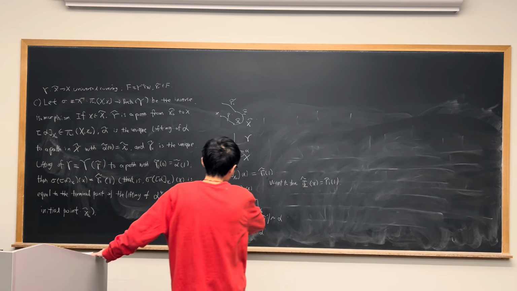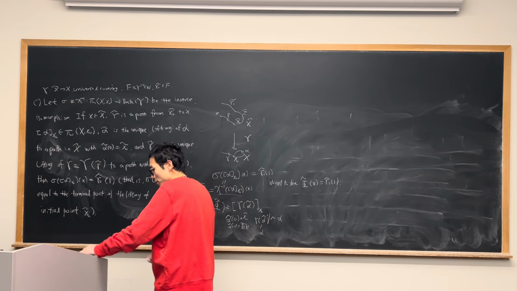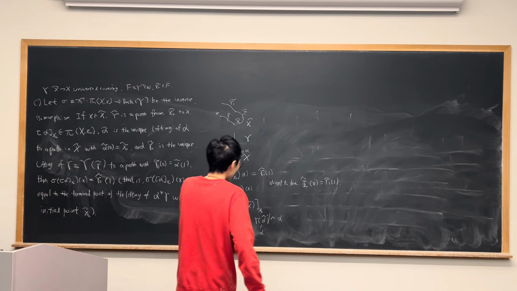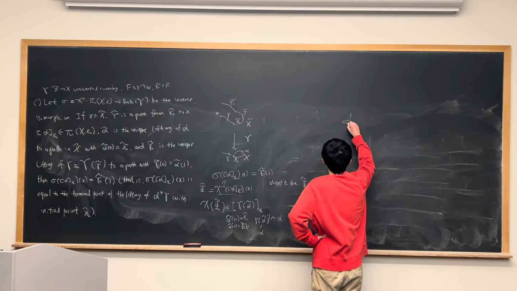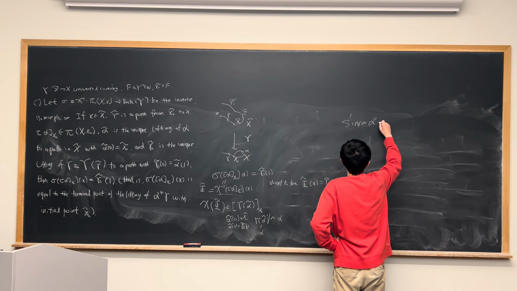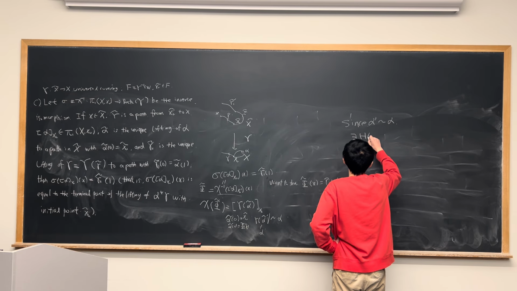So since this is homotopic, this alpha prime and alpha, let me write it out. Since you have this alpha prime homotopic to alpha, there is a homotopy h of